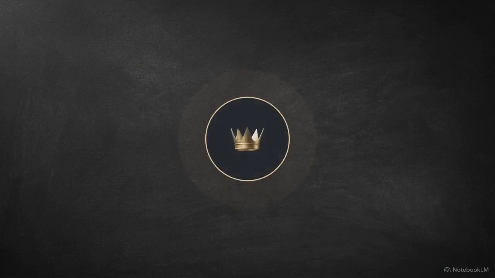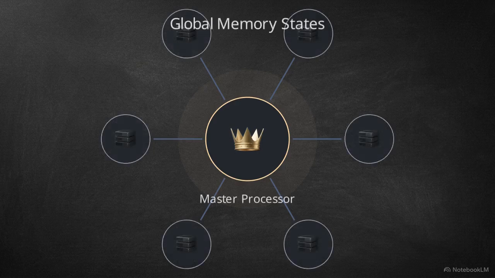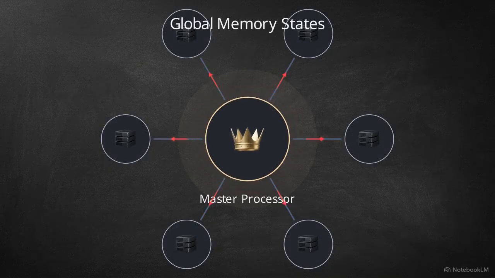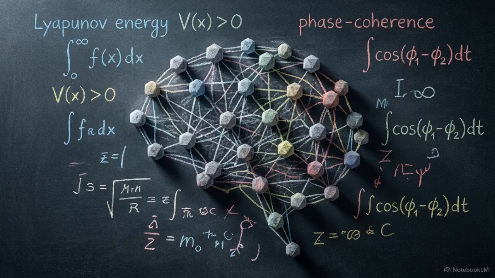Current computational models rely on a centralized metaphor. A master processor pulls data from global memory states, calculates an output, and writes it back. A new mathematical framework called Distributed Autonomous Neuron Theory, or DAN, provides a rigorous proof for how biological cognition bypasses